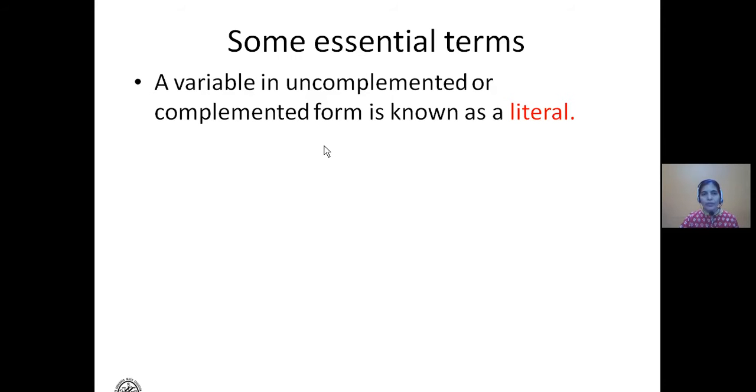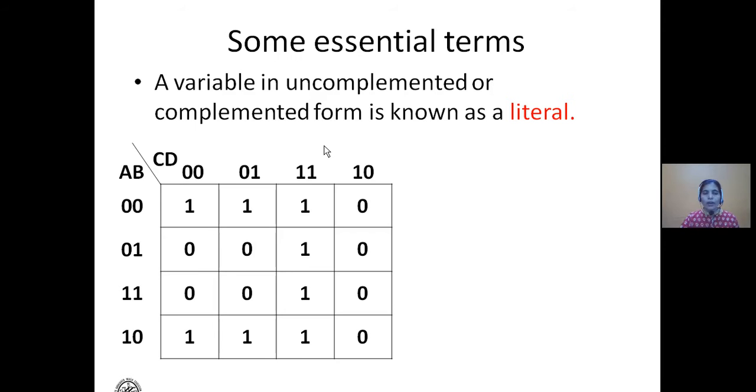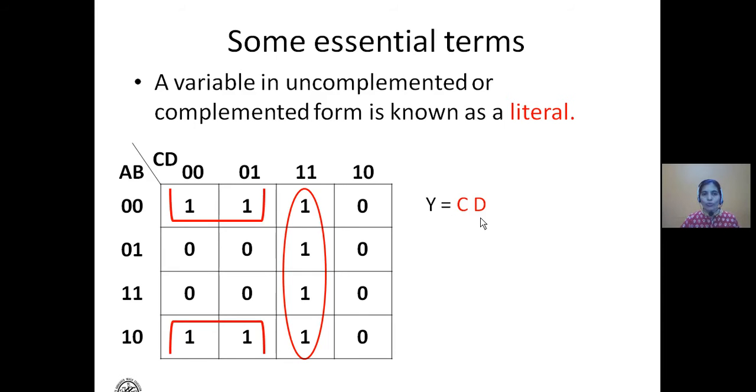What is a literal? A literal is a variable which may be in its complemented form or uncomplemented form. For example, a or a bar or x or x bar is referred to as a literal. Also, if we have a K-map, let's say for example, in this case where there are 8 ones, and we have a group of these 4 ones which is represented by a product which is CD, then the other 2 ones are combined over here with these two to form a group of 4 ones, and it is represented by a product term which is B bar C bar.